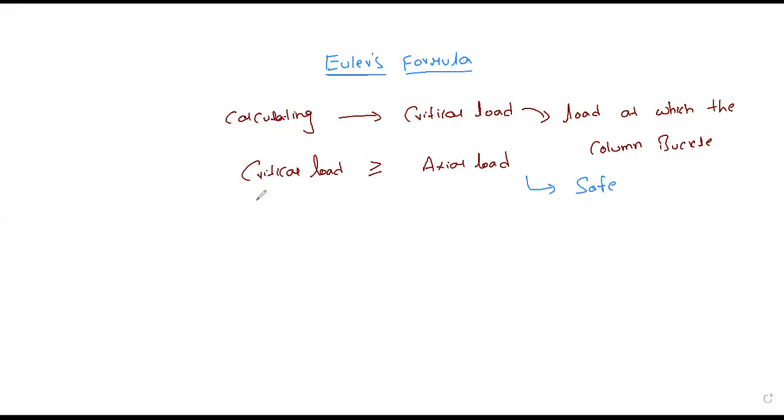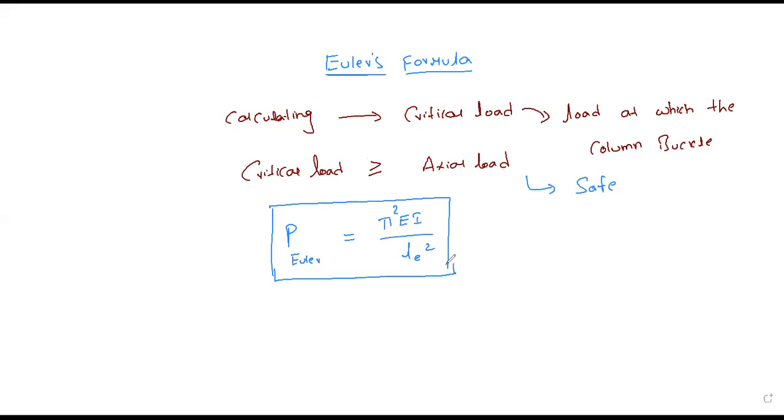So basically, what is your formula? P Euler, or P critical load, is equal to pi square EI by LE square. This is the formula for calculating your Euler's critical load. Where, in which,